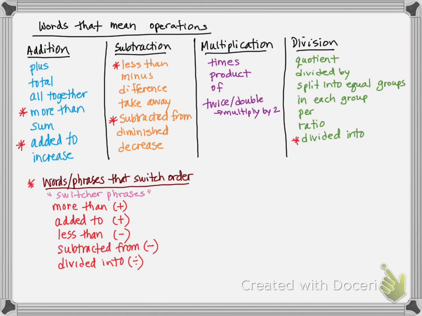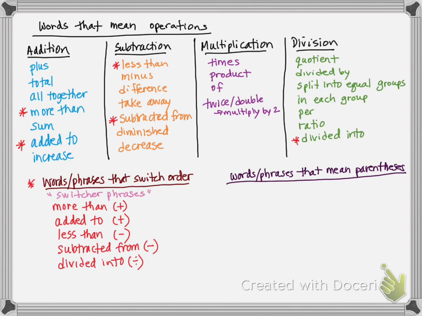Okay? Now, we also have these phrases that mean parentheses. Words or phrases that mean parentheses. Okay, and what's interesting is you'll hear the phrase first, and then you'll hear like 2 and 7, or 5 and a number. And what they're telling you, those are the 2 numbers that you're going to do this operation with. So the 3 most common ones